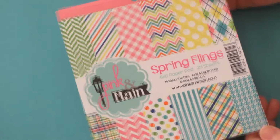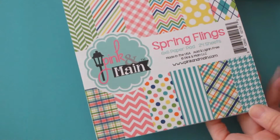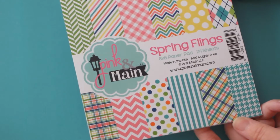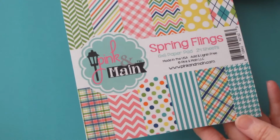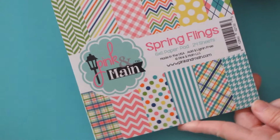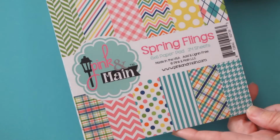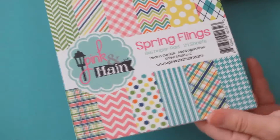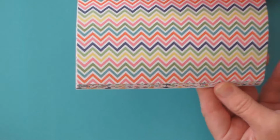I'm so super excited to announce that this month we are coming out with a brand new paper line. We're starting out with 3 6x6 paper pads of pattern papers. And this one is called Spring Flings. And it's just lots of fun spring colored patterns, bright and cheerful. Of course, you can use them beyond spring